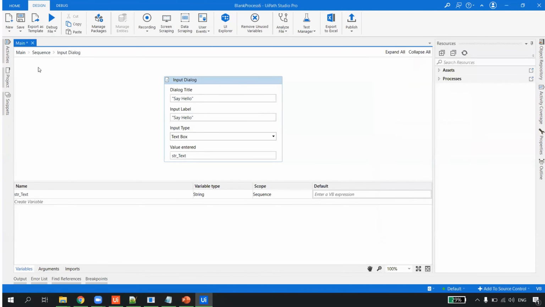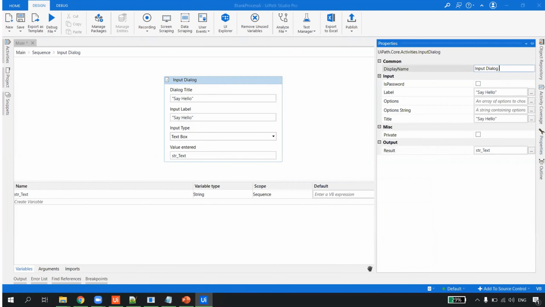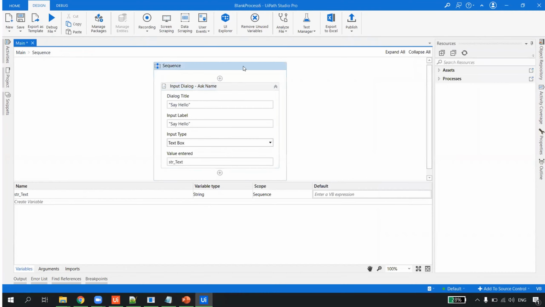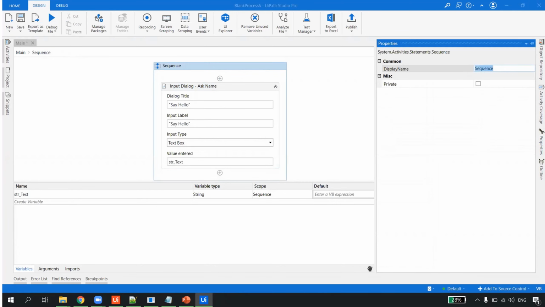And this guy, right? Whenever we drag and drop any activity, it has a default name. So always change the name to say what this activity is doing. Two reasons: it is easy to debug. Next, if I give this automation to somebody else, he will understand, right? This sequence, we are just printing the name. It won't take more time, but it will benefit more.